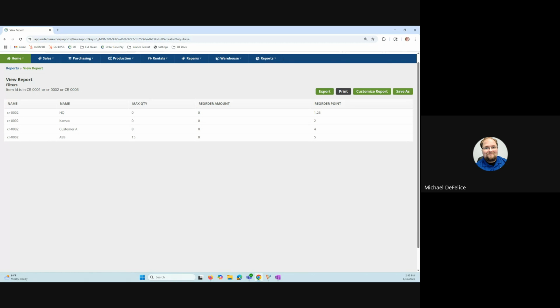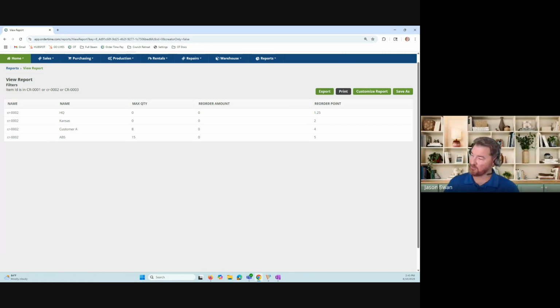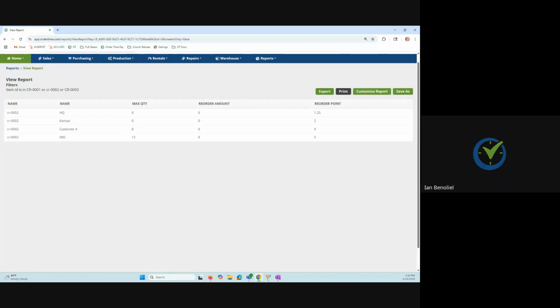When I run a sales report, currently it does not show how many kits I sold. It just sends out the total components, but sometimes we sell those items as components or as kits. Ian, correct me if I'm wrong here, but for the sales reports with kits, you can either see the kits sold or the components sold. You can't see them combined. No, we can't, but